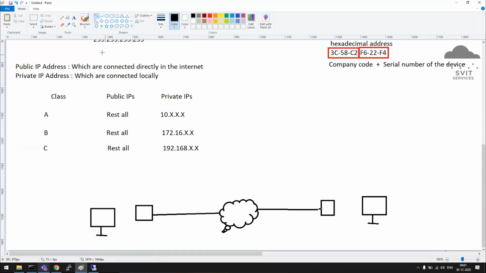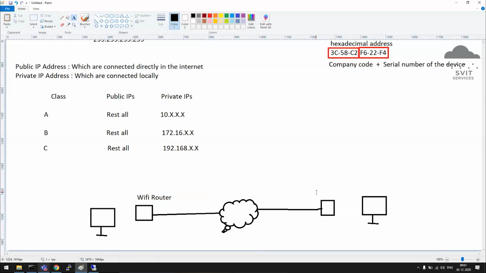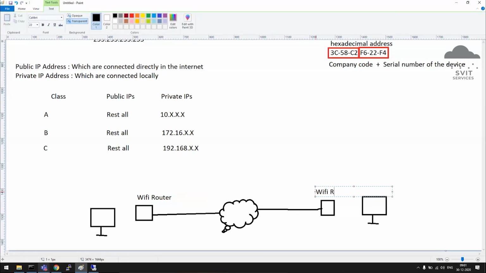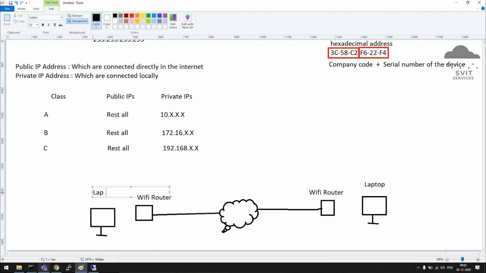These are Wi-Fi routers, connected either by cable or Wi-Fi, whatever it is.